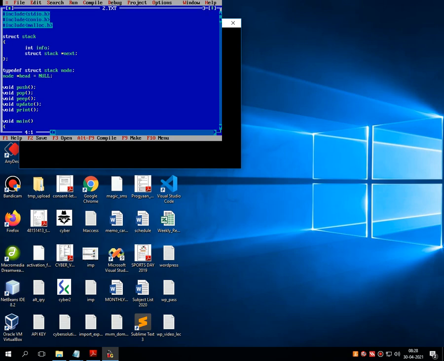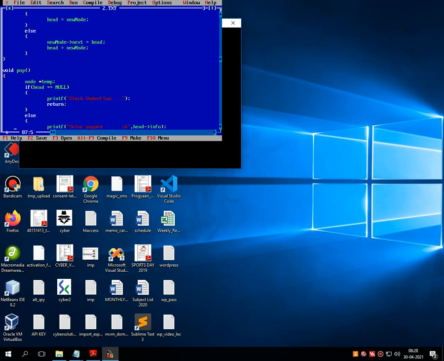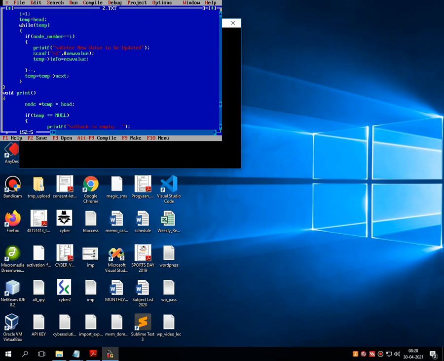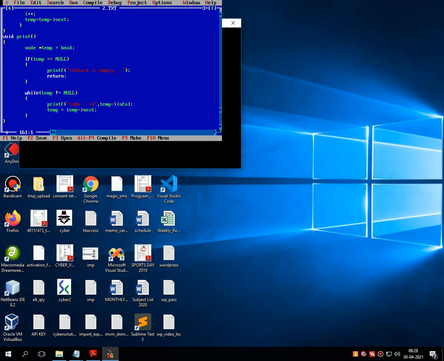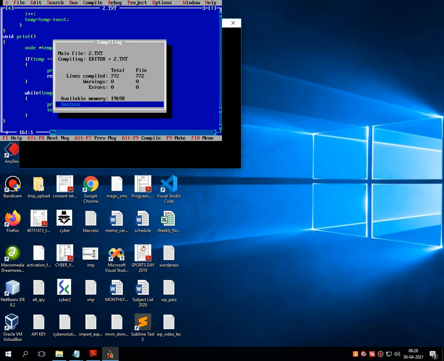So this is the code where I implemented all the operations of stack using pointer. In total there are 161 lines. Let's run the program. As you can see on the screen, there are no syntactical errors.